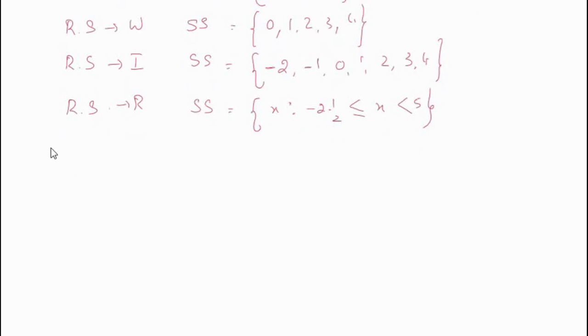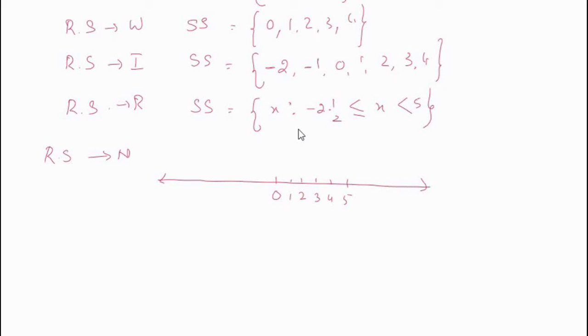Now first let us take the replacement set as natural numbers. So when R is equal to N, let us draw the number line. This is 0, 1, 2, 3, 4, 5. When the replacement sets are natural numbers, whole numbers or integers, the solution set values are discrete numbers, so it is easy to represent. Now let us see when it is natural numbers.